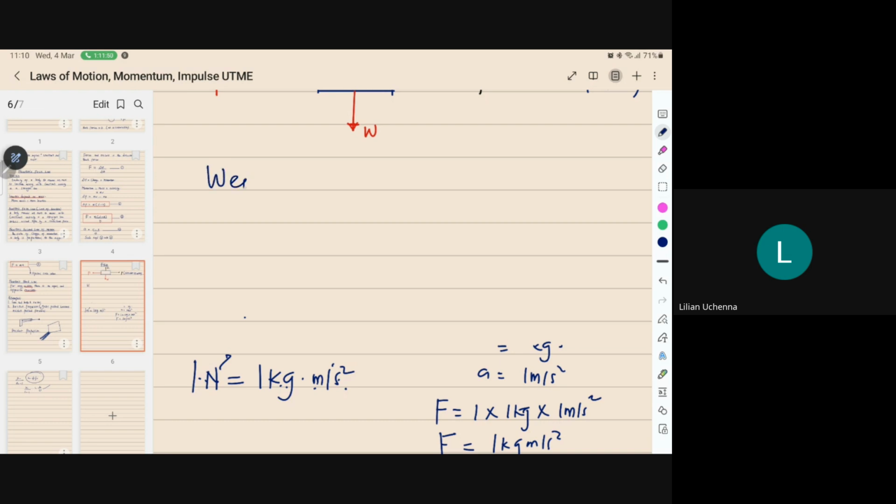Let's quickly look at weight. All right, welcome, Mr. Paul. Mass,